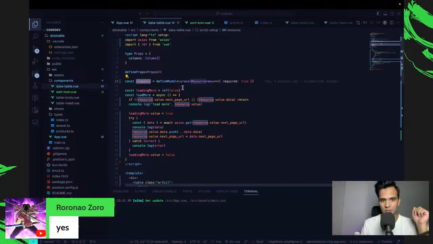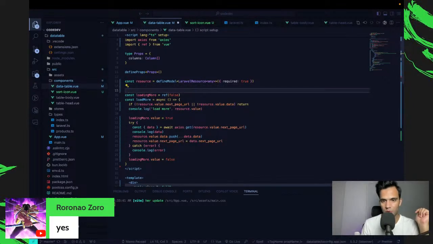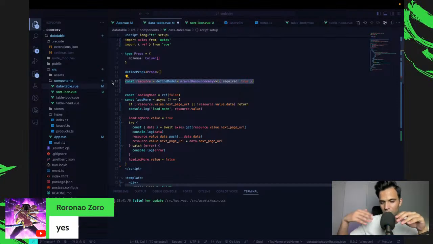We can change the resource in this component. And that's the beauty of this component as opposed to many other data tables that you use, because you'll have to do the logic in the parent component, and then you'll have to replicate that logic in pretty much every component where you call the data table. So you have 10 pages where you use the data table.